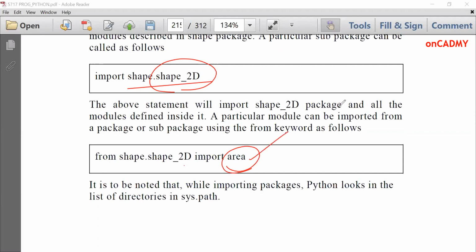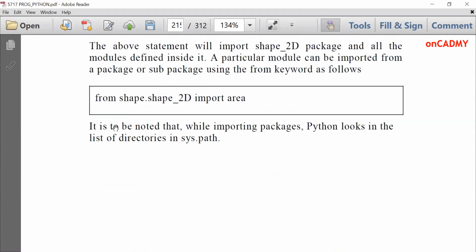It will not import parameter, we can use only the area module. So it's very simple, and we can also organize our work by using packages. And they can also be imported by using the import command. It is to be noted that while importing packages, Python looks in the list of directories in sys.path. So by default, it looks in the directories in sys.path.